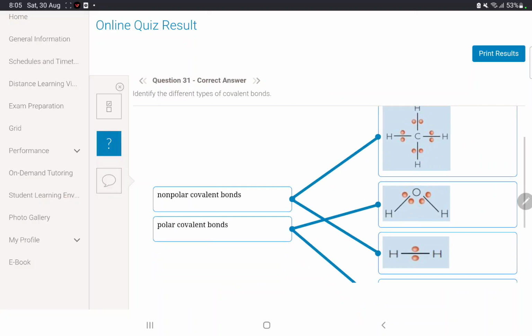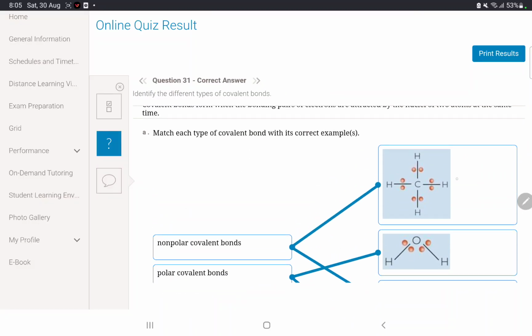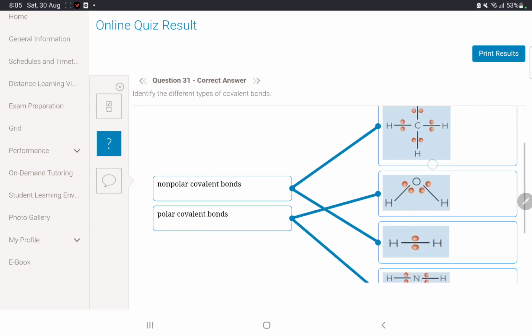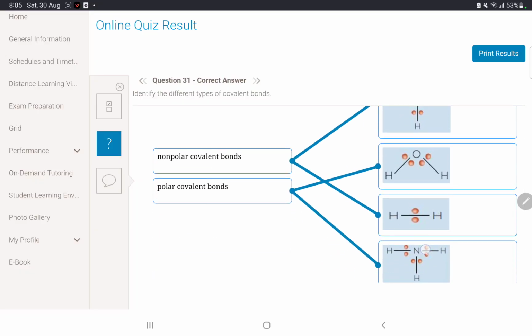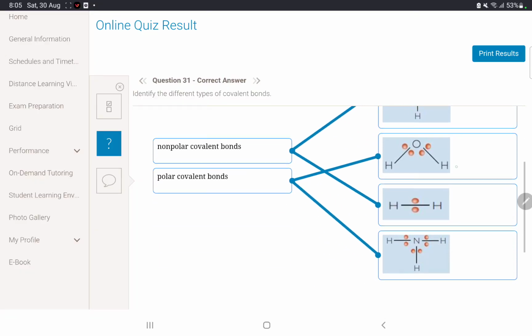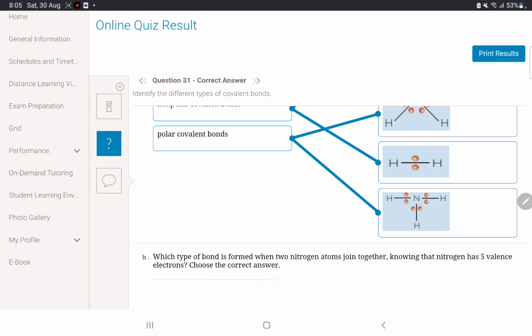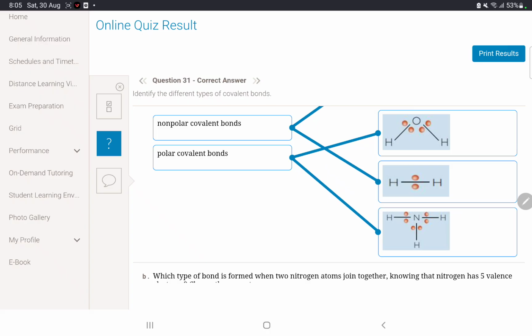And then two more. Non-polar covalent bonds: H with C, H with C, H with C. So they're basically normal covalent bonds. This is a normal covalent bond. Polar covalent bonds, in water, just like I said, and N with H, N with H, N with H. We know this is the same molecule. If it was with a different one, then it would be a hydrogen bond. Like if the H here was with the N here, and then there was an H, I think that would be considered a hydrogen bond, I believe. Please correct me if I'm wrong, but I'm pretty sure.